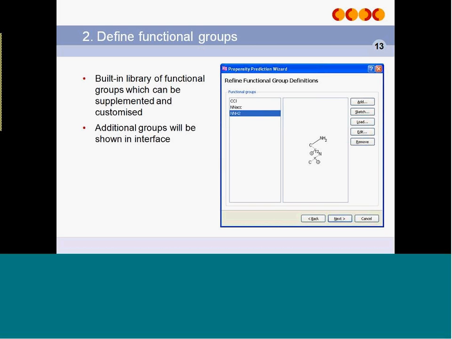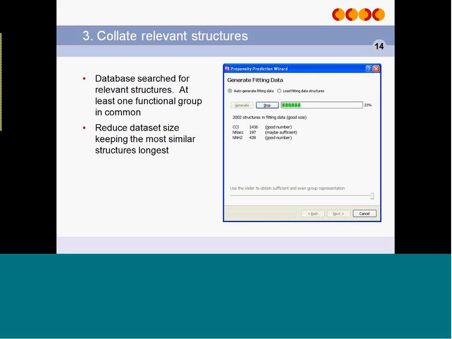So once we have the functional group definitions defined, we now have the basis of our search that we are going to pass to the database. So those functional groups are then submitted as a database search. And so any molecule that contains at least one of those functional groups will be returned as a hit and put into the database. And as the search proceeds, the interface gives you an indication of whether you have enough data or not, so whether you have enough structures in your data set covering those functional groups. And so it's trying to help you all the way through decide whether you have enough data or your data